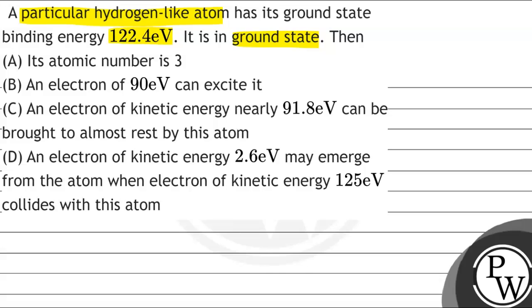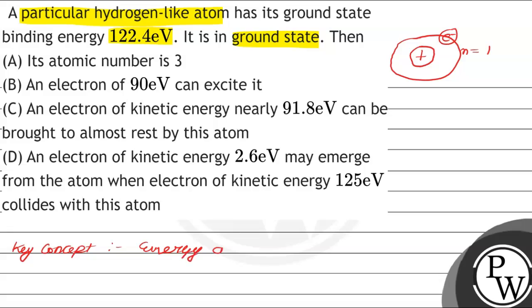So students, इस question में हमें बोला गया that let's say this is a hydrogen type atom in which this electron's binding energy is given by 122.4 इलेक्ट्रॉन वोल्ट और ये ग्राउंड स्टेट में यानी n इक्वल्स टू 1 एनर्जी लेवल पर है। देन हमें बताना है इनमें से कौन सा ऑप्शन करेक्ट है। फॉर दैट प्लीज नोट द कॉन्सेप्ट ऑफ दिस क्वेश्चन which says